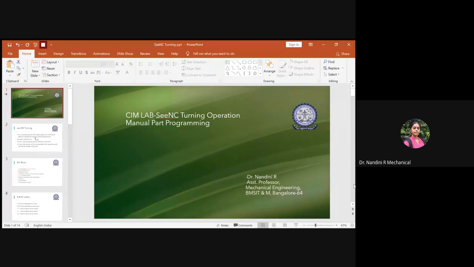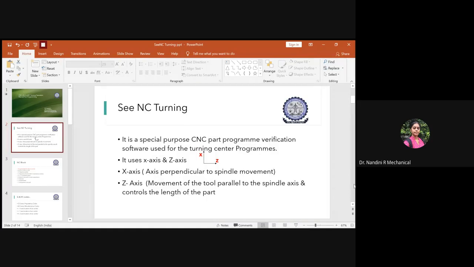You have to remember, keep running with the G codes and M codes, or else you won't be remembering. In order to help you brush up, I just have two main slides. We are now developing manual part programming by using CNC software. This is called the CNC turning software.